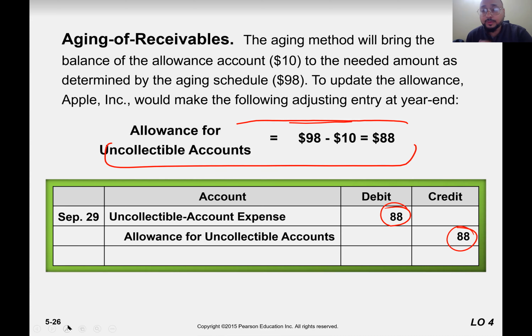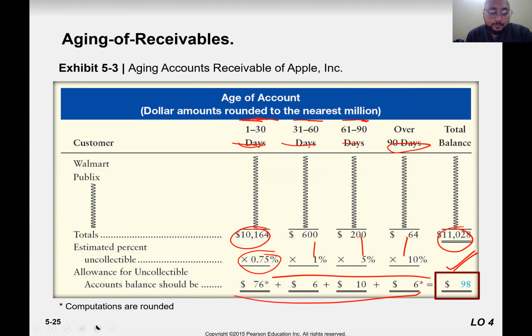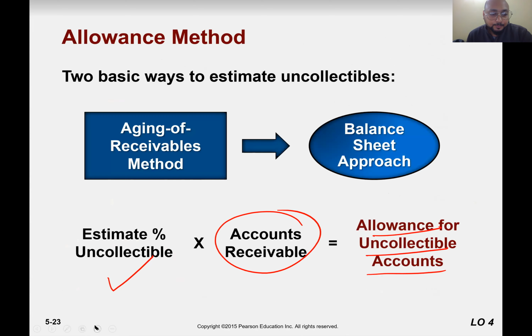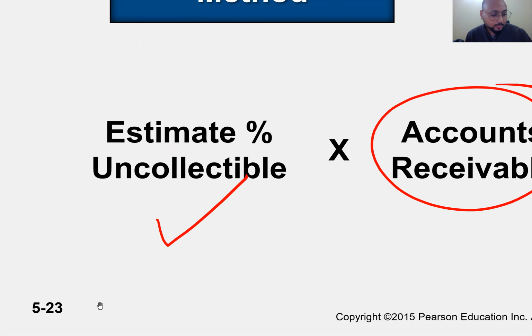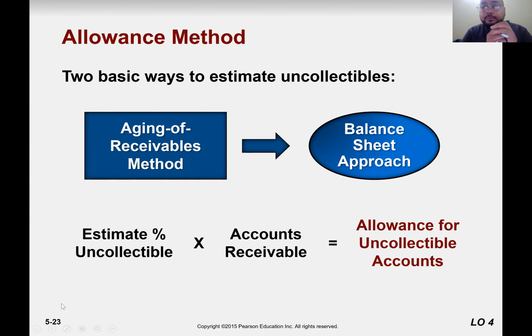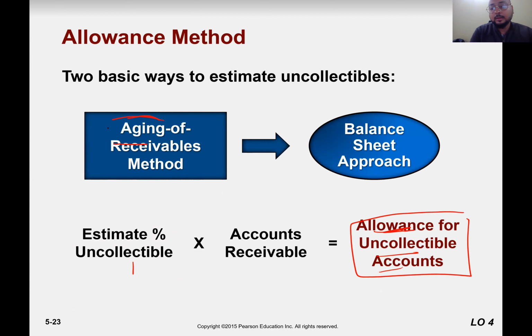Okay, let me explain one more time, because some of you say you are trying to digest it. So the percentage, the aging method. The aging method basically gives you the total balance of allowance for uncollectible accounts. So what you need to do is, you would be given the estimate according to the aging, like